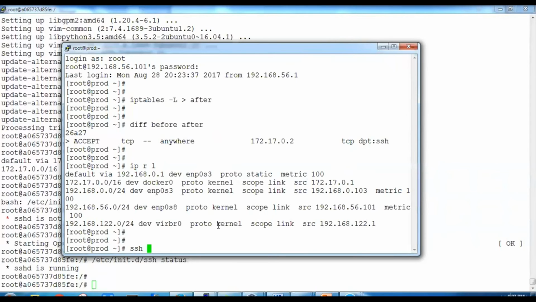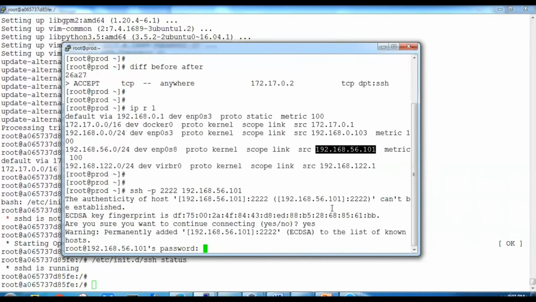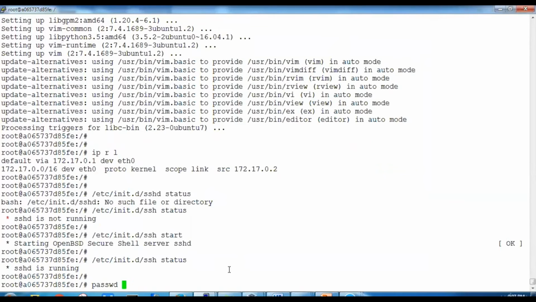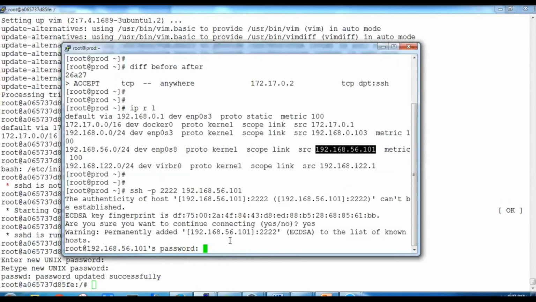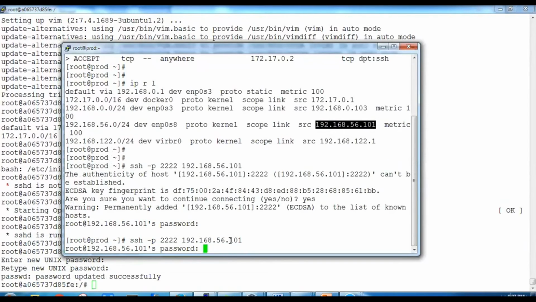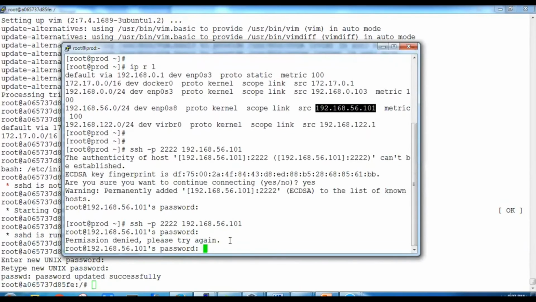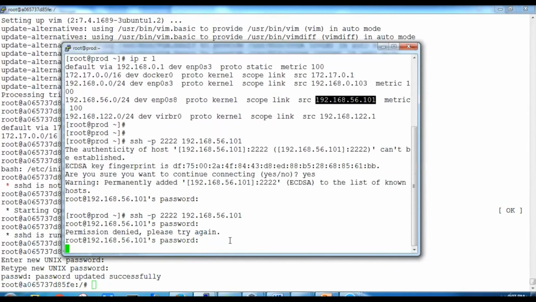So we'll say ssh, let's use this IP, and here we have to provide the specific port number, so we'll say 4 times 2s and this IP. It will ask for a password. Here we have not set the password, so we'll come to the container system and set the password for root, and I have done that. So I will cancel the session and try to log in again. Now it says we need a password. Let me try again.